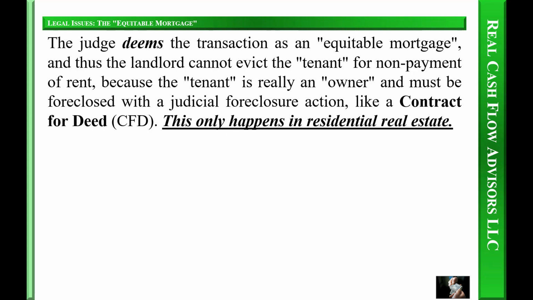The judge deems the transaction as an equitable mortgage, and thus the landlord cannot evict the tenant for non-payment of rent, because the tenant is really an owner and must be foreclosed with a judicial foreclosure action, like a contract for deed, CFD. This only happens in residential real estate.